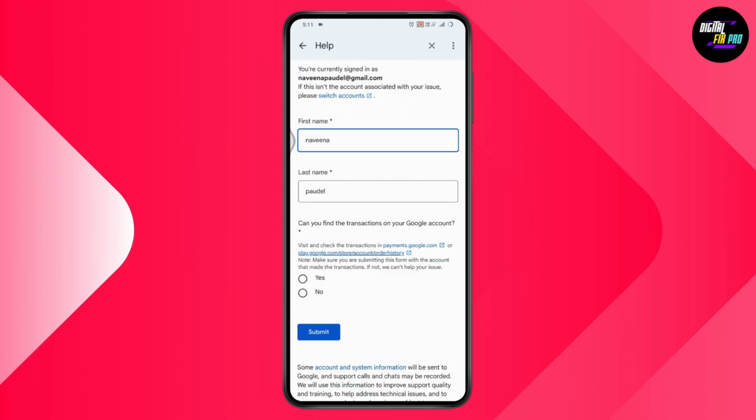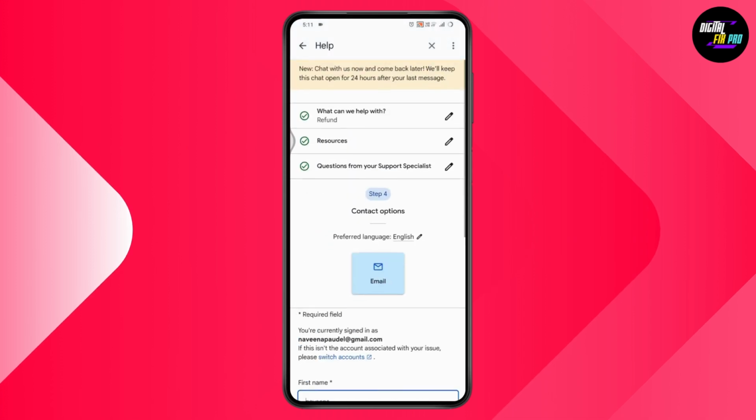And after that, it will take you to the next page where you can enter your transaction ID, and your issue, you can describe your issue, and then you can get some contact help. So that's how you can refund your